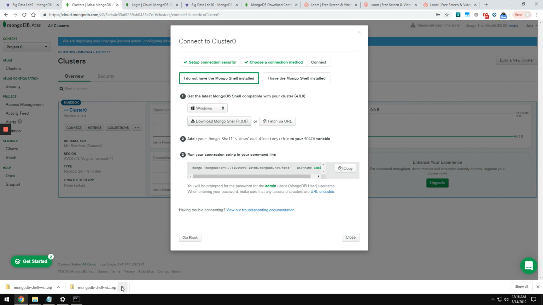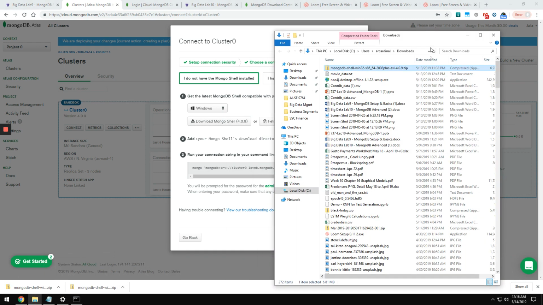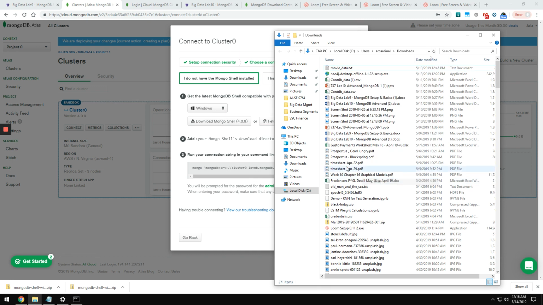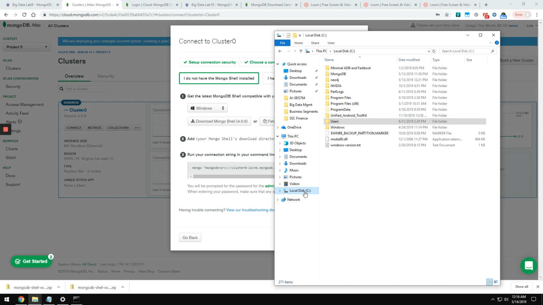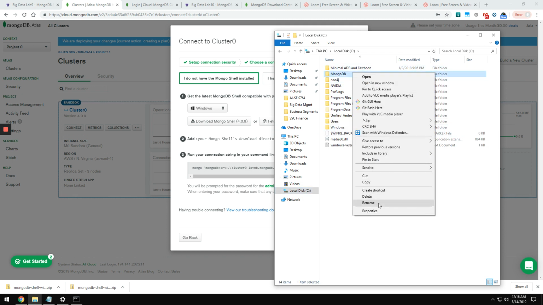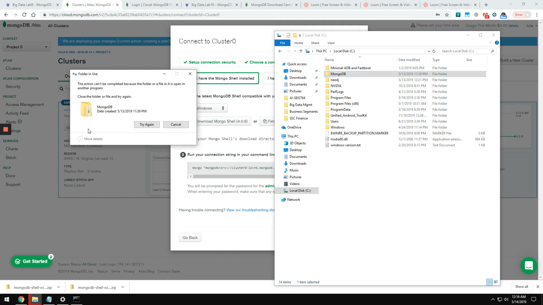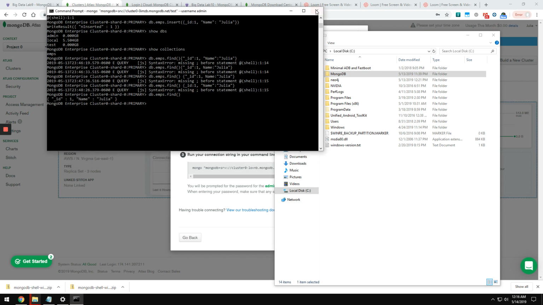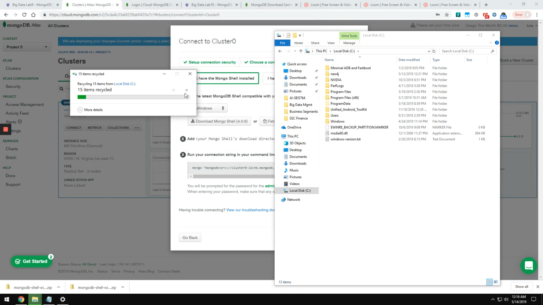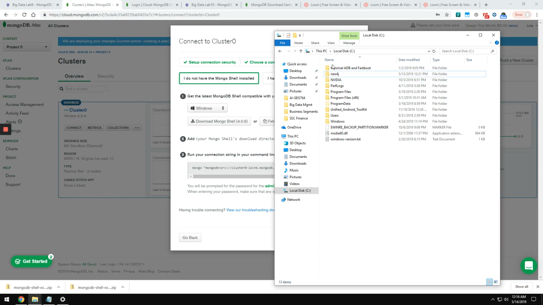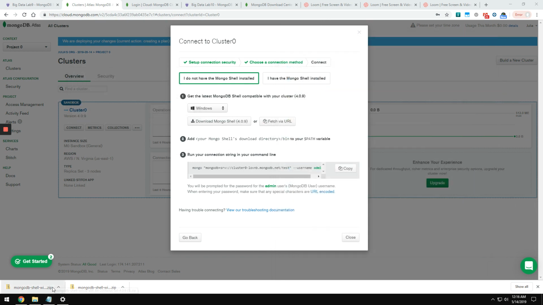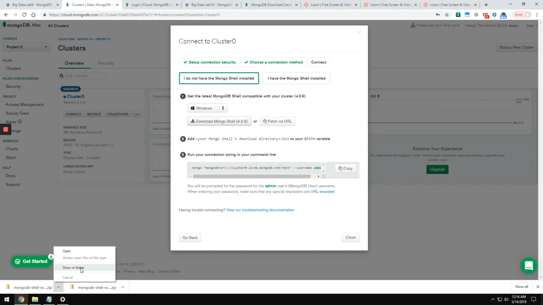Okay, so it looks like I already have a Mongo Shell from before, which I need to remove. Okay, so now that the download is complete,